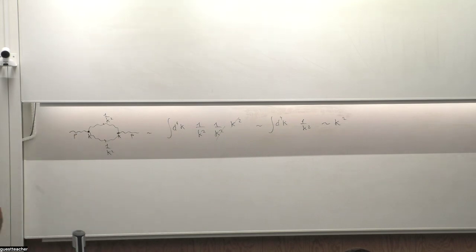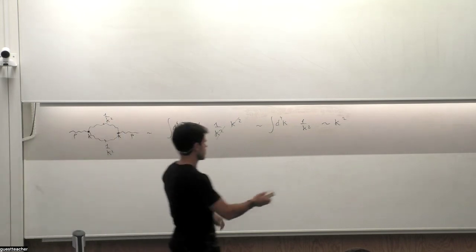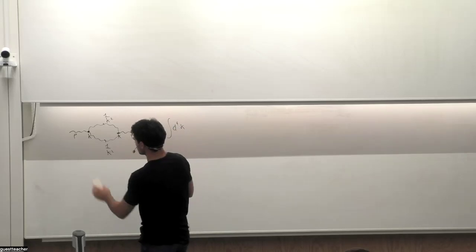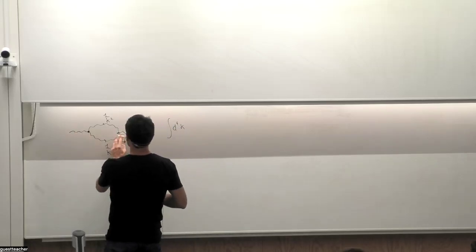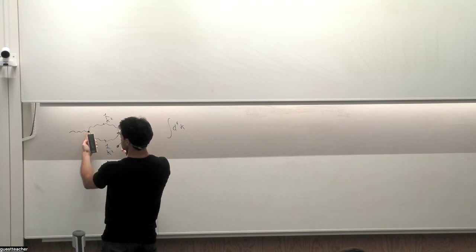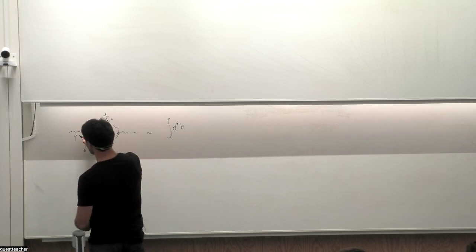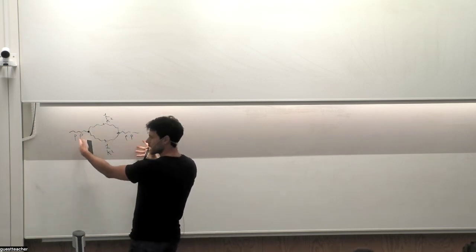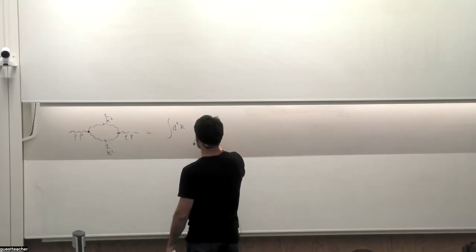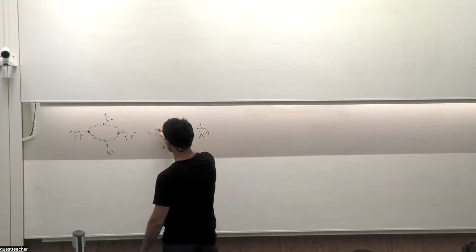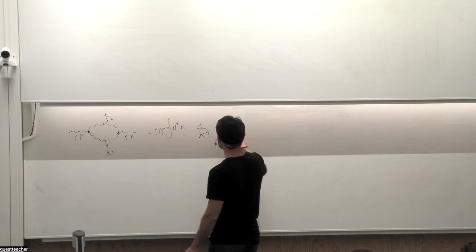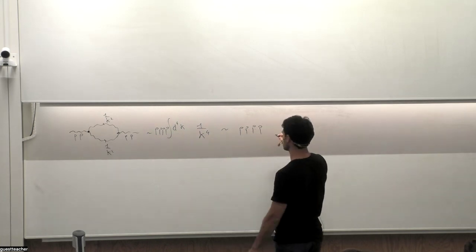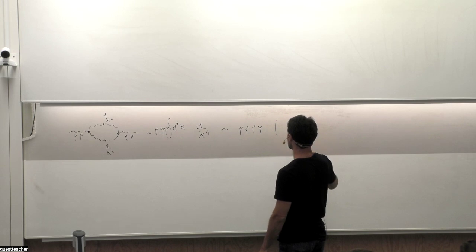So what is the relevant one in the end? You can also have partly divergences and so on. Let's forget. What is the divergence that is logarithmic? This case is the one that has, for instance, all the vertex momenta that contribute basically as external momenta. And in this case, you would get something in the integral that goes like this, with some four momenta schematically. And this, of course, would be something logarithmic divergent. So in dimensional regularization, there would be something that goes like 1 over epsilon plus